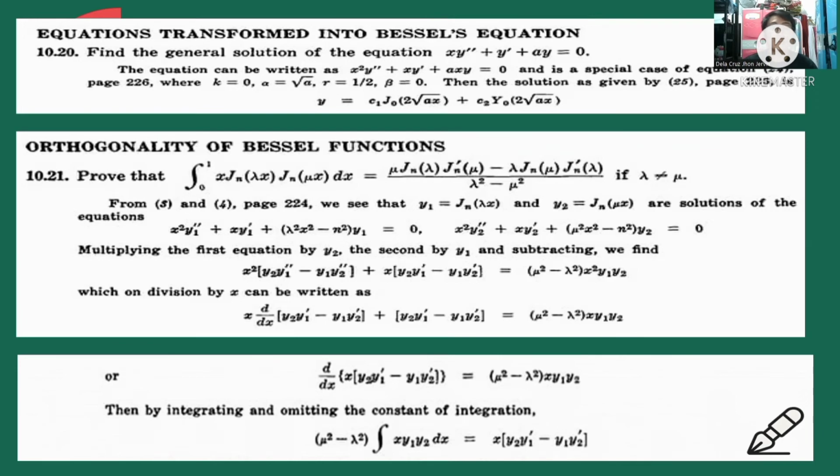Sabi rito, by multiplying the first equation by y sub 2, the second by y sub 1 and subtracting, we find meron tayong x squared quantity y sub 2 y sub 1 double prime minus y sub 1 y sub 2 double prime quantity plus x quantity y sub 2 y sub 1 prime minus y sub 1 y sub 2 prime quantity equals naman siya sa quantity ng mu squared minus lambda squared quantity x squared y sub 1 y sub 2,